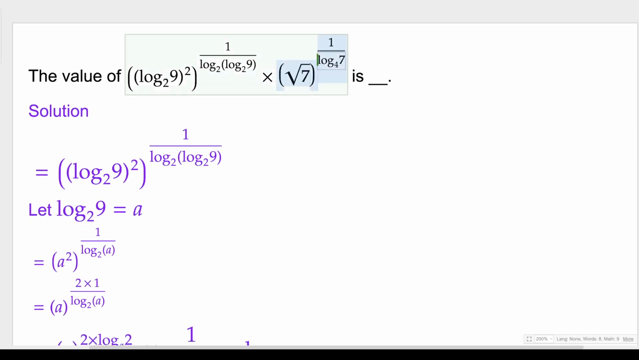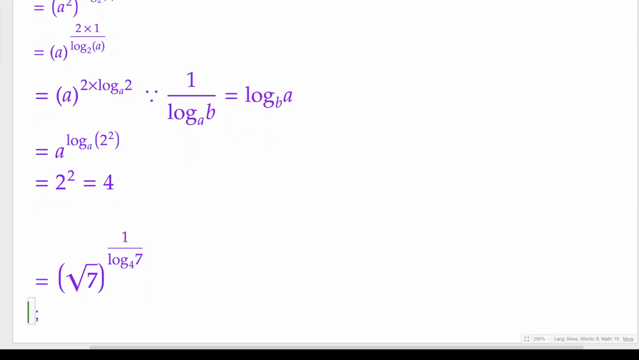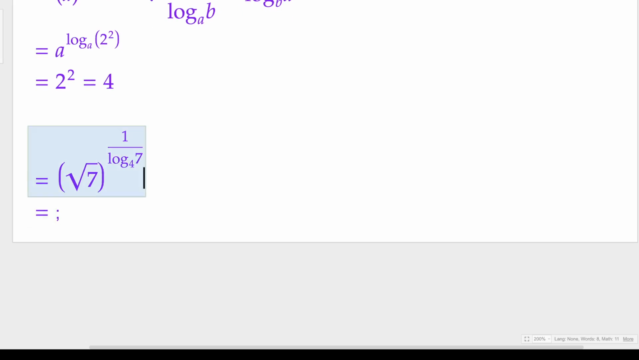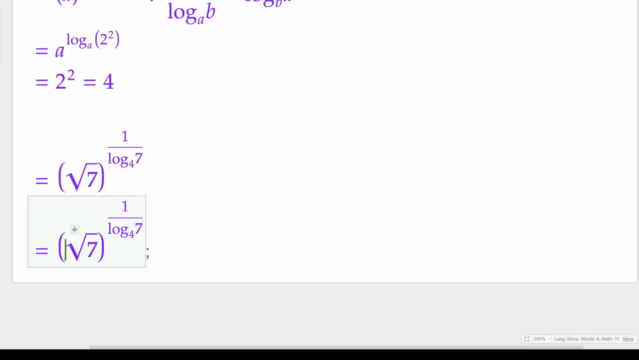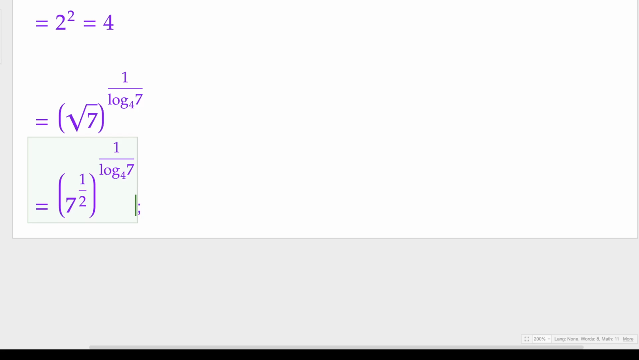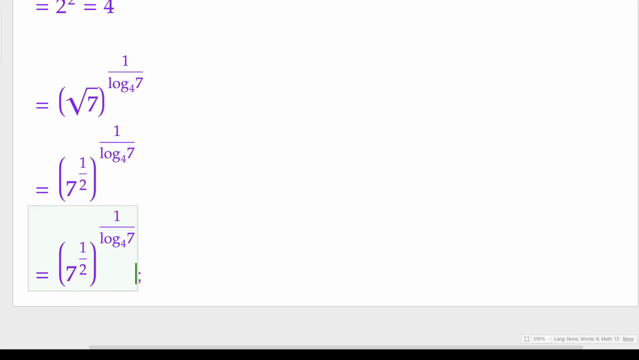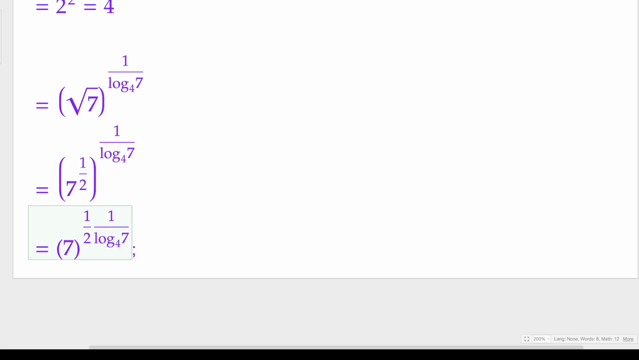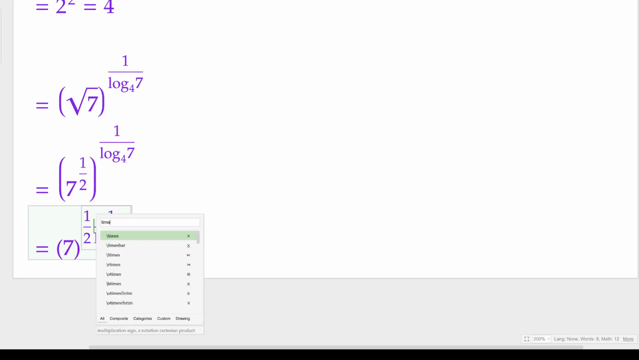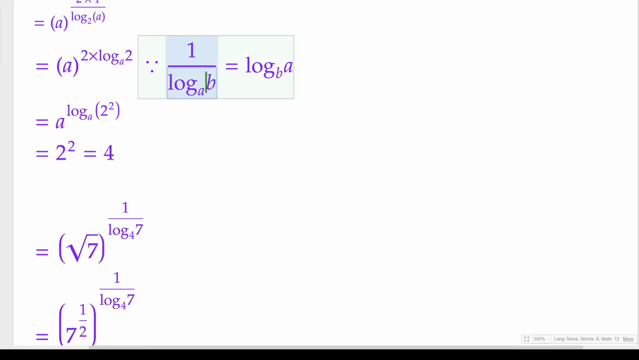Now we'll resolve the second part, which is given to us. If you observe, this can be written as 7 to the power 1 by 2. Now this can be multiplied further, so we can write this as half, which is already multiplied here. So 1 by 2 times log 7 base 4, and again I'll use this property,